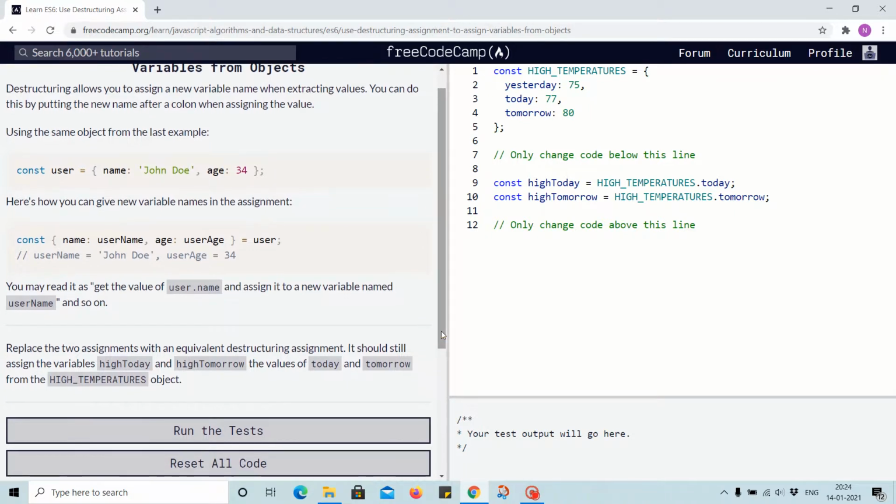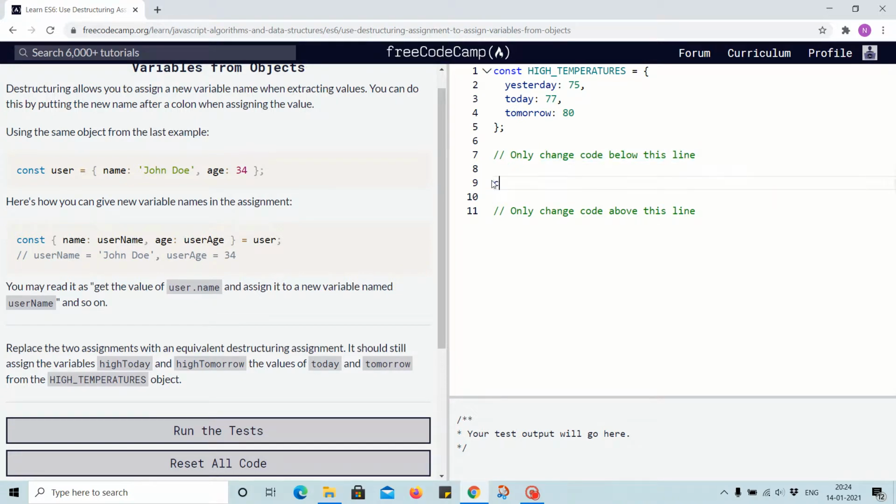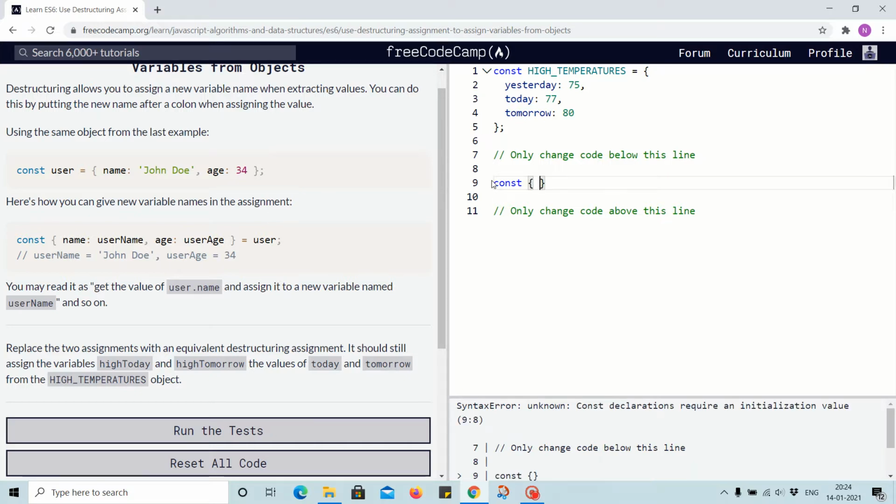Replace the two assignments with an equivalent destructuring assignment. It should still assign the variables highToday and highTomorrow the values of today and tomorrow from the highTemperatures object. So we first remove this and we will use const, and after const we are using destructuring,